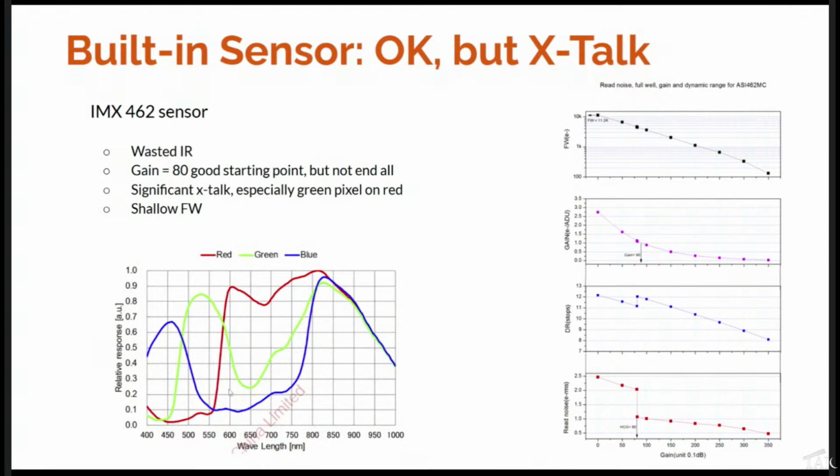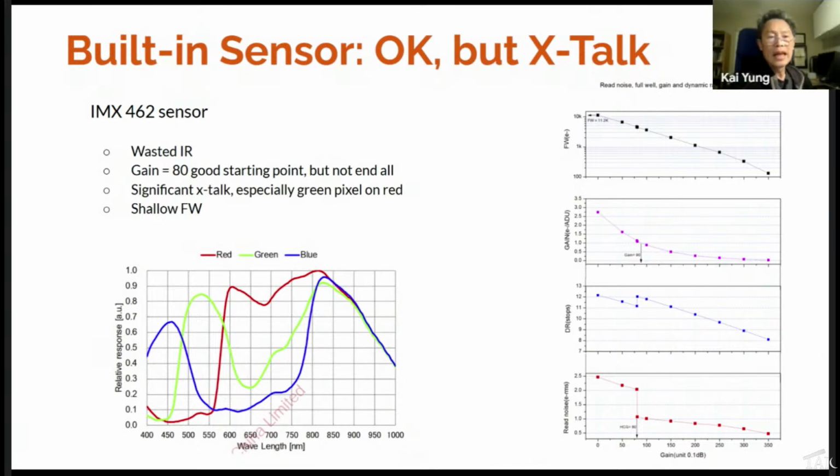You won't be able to analyze them. The other problem with the sensor is that there's a huge crosstalk. For example, in the green channel, you would see signals contributed by red photons that go into your green channel. So if you're really looking at isolating nebula data, it's not the ideal sensor.